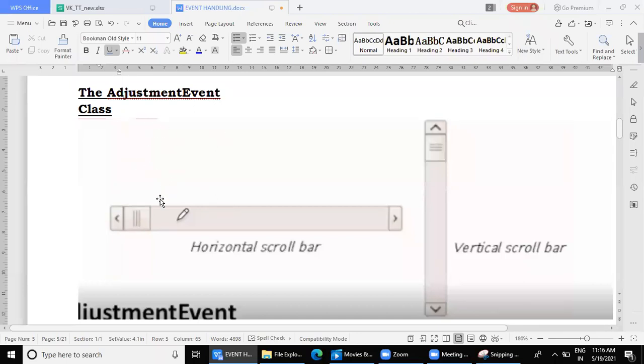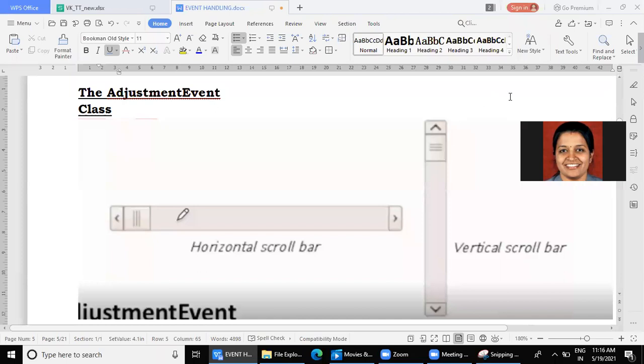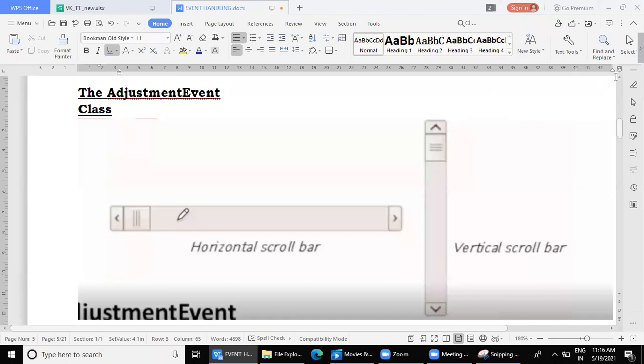Fine. So now when you look at the scroll bar, you might not have carefully observed how the scroll bar actually works. So let me just show you these actions. Now at the right side, all of you just observe my cursor. I have taken my cursor towards the vertical scroll bar. Everybody can see? Yes? Raise your hands. Yes, ma'am. So we'll just minimize this. Okay. So here is my vertical scroll bar.